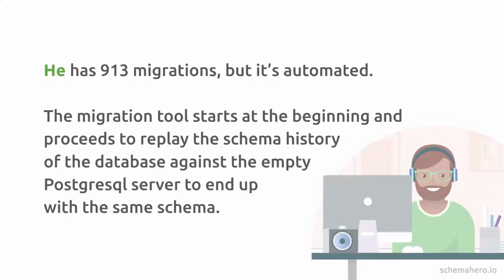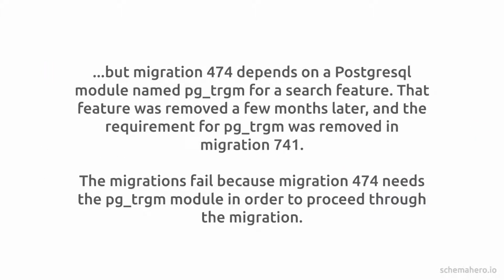Our Java developer has 913 migrations to run against this new empty Postgres server, but it's okay, it's all automated. He just creates it, deploys it, Flux runs through 913 migrations, and the end result is going to be the same, right? Sort of. In this scenario, though, an older migration, number 474, so a few months ago, depends on